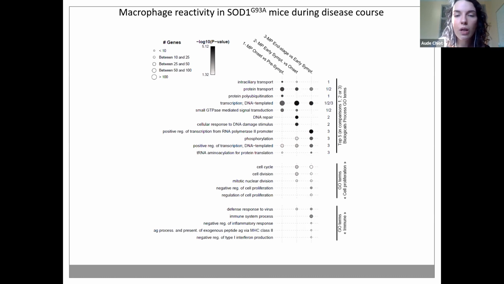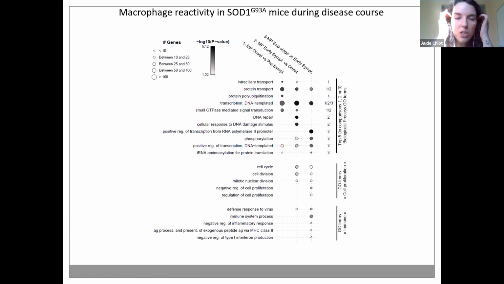Interestingly, we also had genes that were related to cell cycle and cell division, which was the confirmation for us that the bigger increase in macrophage numbers is actually between the onset and the early symptomatic stage, and that's what we saw with our stainings. And finally, between the early symptomatic stage and the end stage, we had the beginning of the